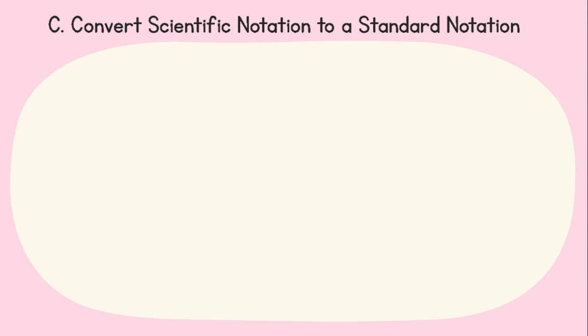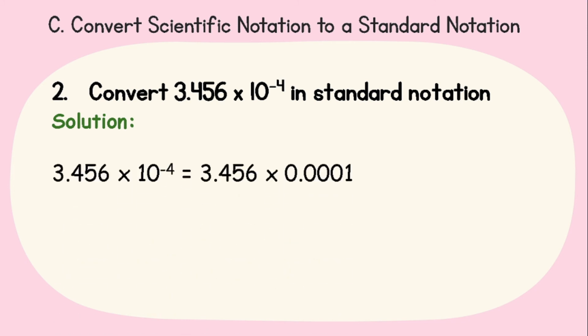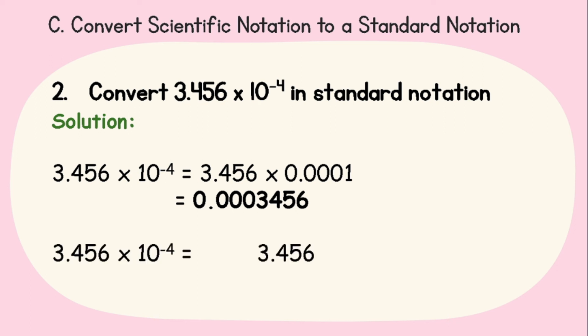34,560. Example 2. Convert 3.456 times 10 raised to negative 4 in standard notation. Here's the solution. 3.456 times 10 raised to negative 4 is equal to 3.456 times 0.0001, which is equal to 0.0003456. Or since you are multiplying a power of 10 negative, just move the decimal point 4 units to the left. Starting here, we have 1, 2, 3, 4. And remember to put zeros to empty places. Now we get the same answer as